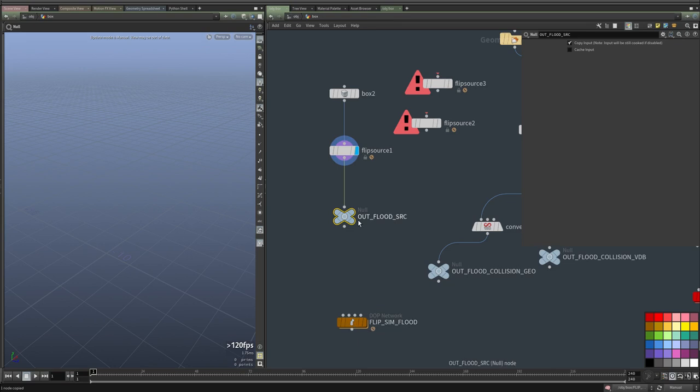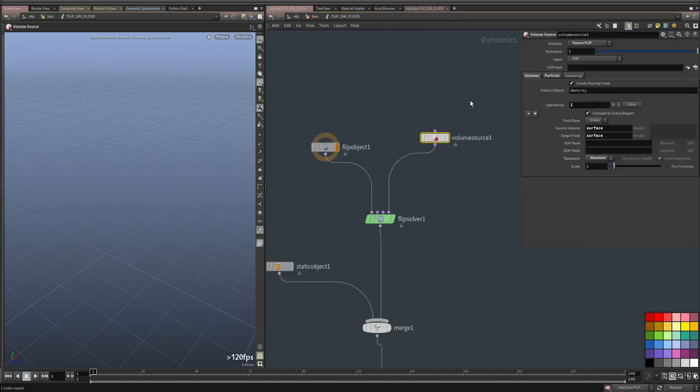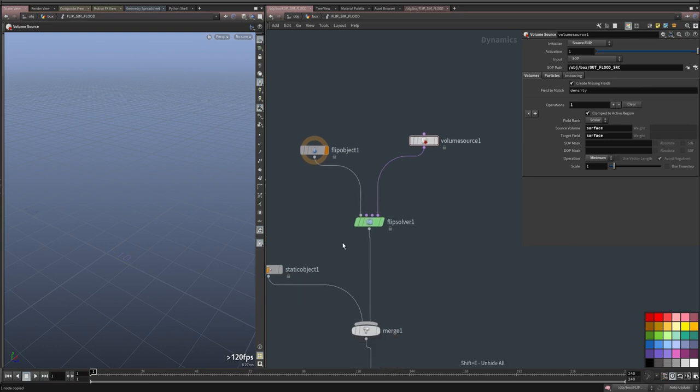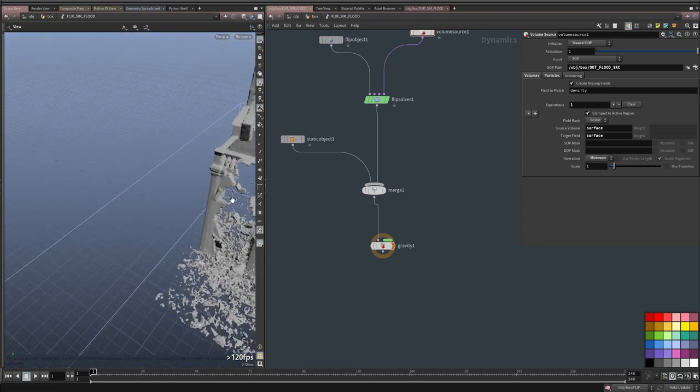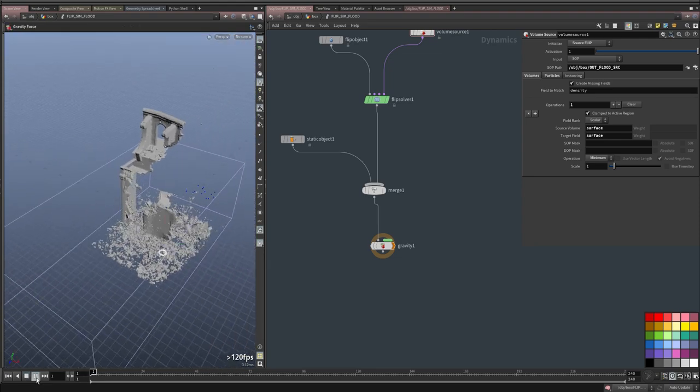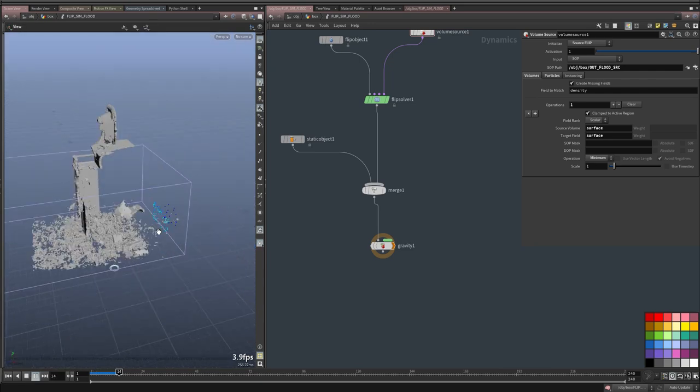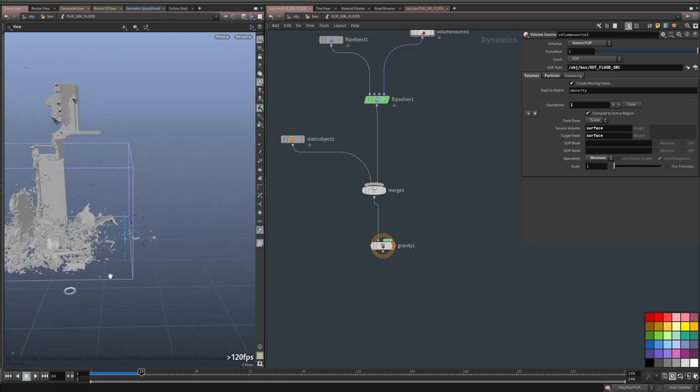I'm going to copy the link of the source output and paste it here. And let's hit play. Make sure we're looking at the correct output. You can see the points there. If we hit play, we're going to see them fall, but we don't have a huge emission at the moment,